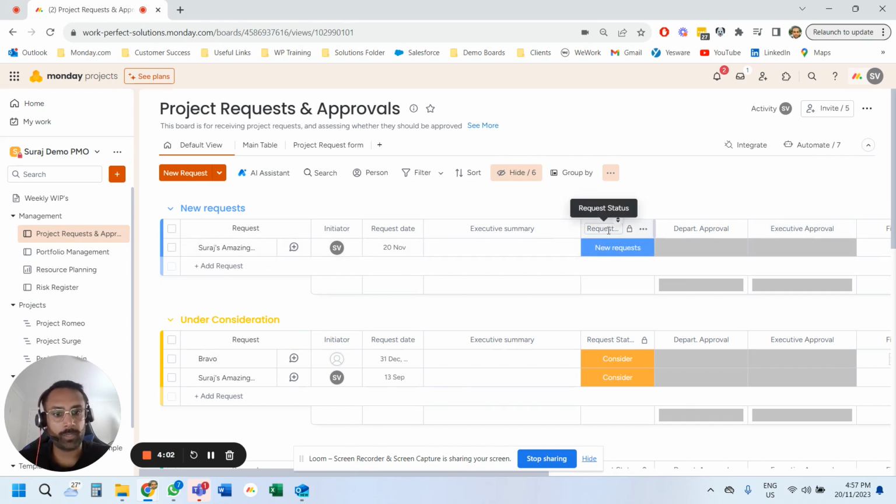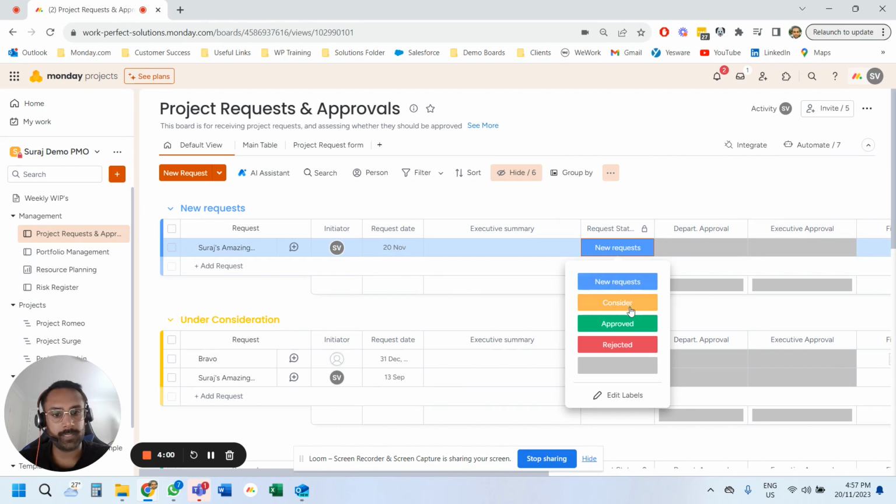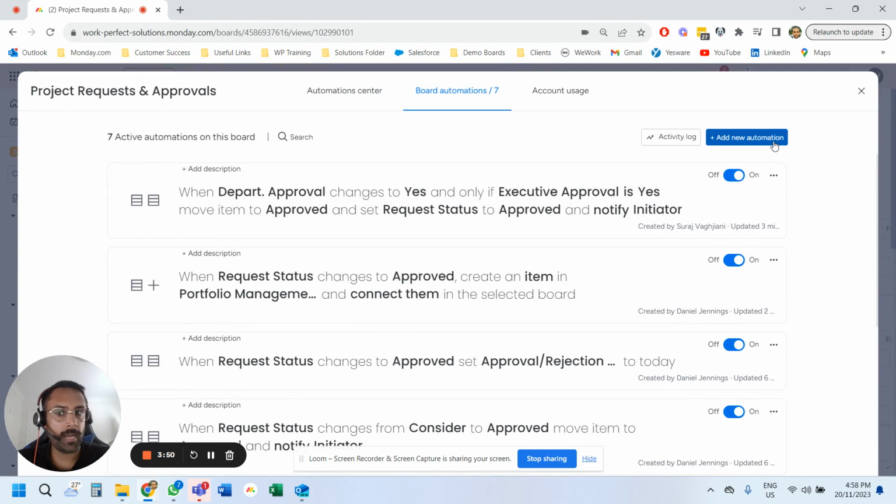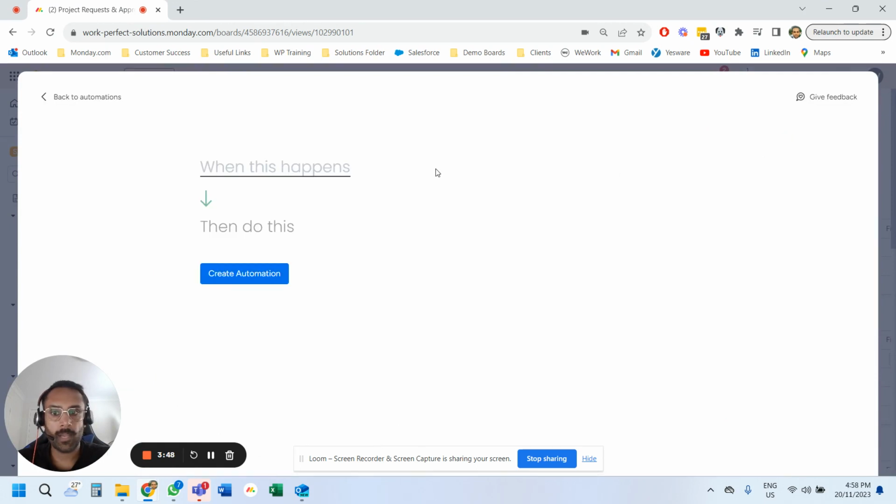So you can see our request status here as well: new requests, consider, and approved. So we want to automate this process and make sure that there are rules around the approvals. So let's create our automation. If we click on automate and go to add automation, we're going to create an automation that says